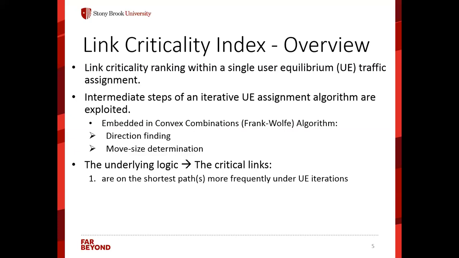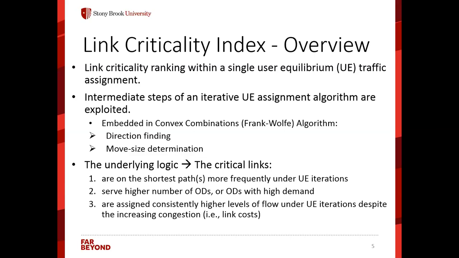So basically, if links are on the shortest paths between ODs, everybody is using those links to get to where they are going, and most of the time it's the best link, so it has a higher likelihood to be a critical link. Similarly, if a link is serving a high number of ODs, or ODs with higher demand, maybe it's serving very few ODs, but these ODs constitute a chunk of the whole transportation network demand. So we try to incorporate whether a link serves high demand or low demand.